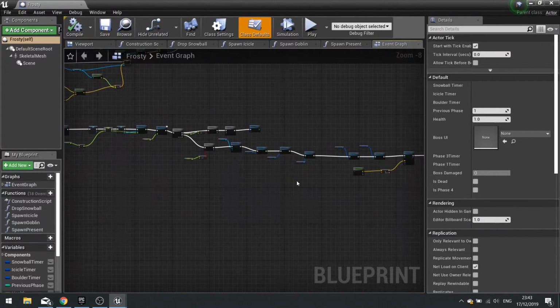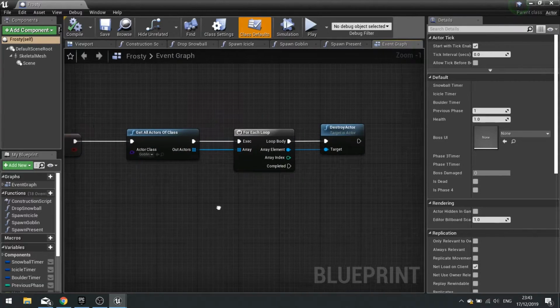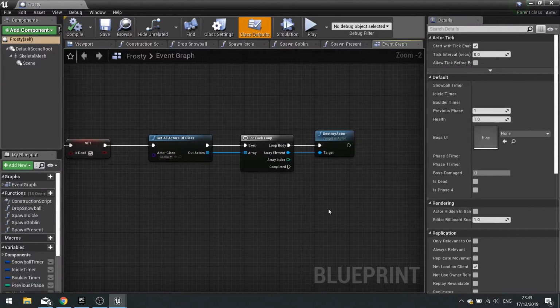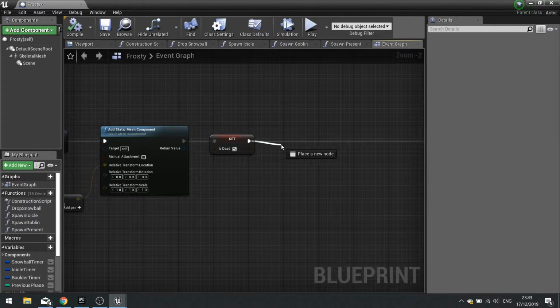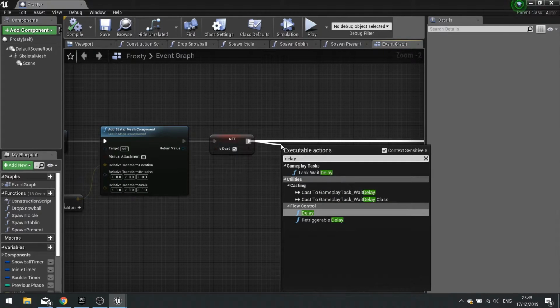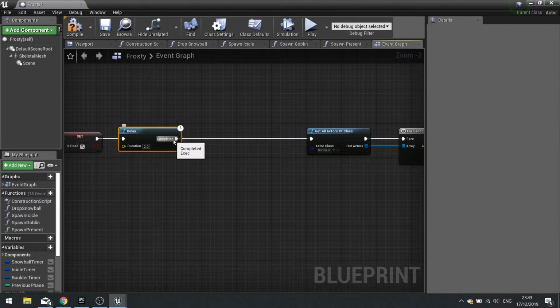And when he's dead, so way over here, we'll do this before the goblin stuff happens. When we destroy the goblins, we'll do a delay because we want the animation to play out a little bit. So I'm going to go into, I don't know, 1.5 seconds there. No, let's do 2. And then we're going to play music.